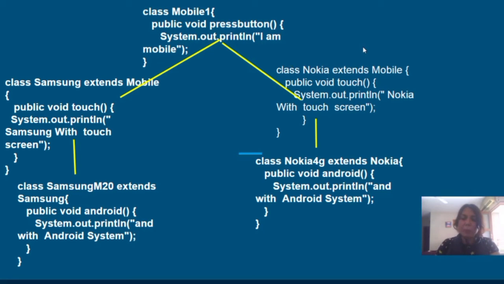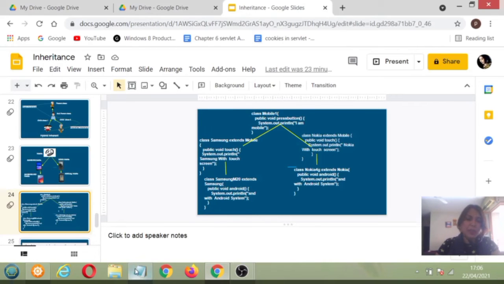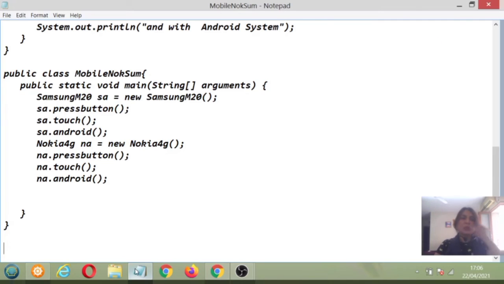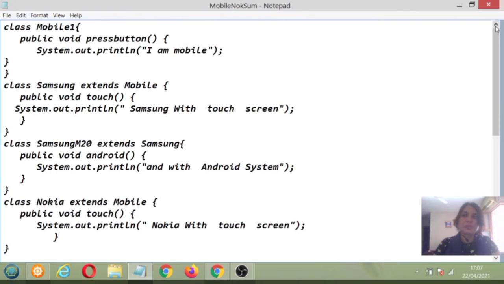Now let's see one example. Very nice example I am having here. Same program. Now you can see here, यहाँ पे मेरे पास एक मोबाइल क्लास है, I am a mobile.